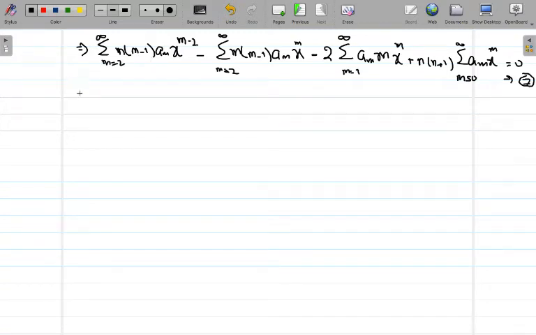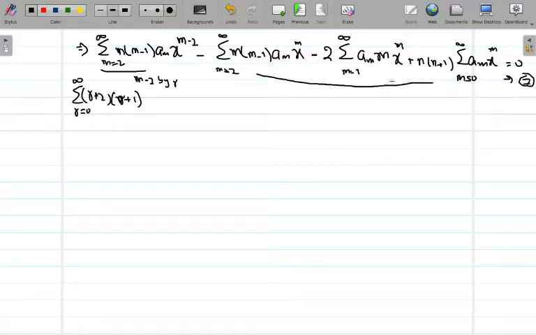So this equation can be reduced to this form: summation r is equal to 0 to infinity, because m minus 2 is equal to r, so r is equal to 0. And here m should be r plus 2, and m minus 1 should be r plus 1, because we have replaced m minus 2 by r in this series, and in all of the remaining ones we have replaced m by r only. So this equation can be reduced to this form: ar plus 2 x power r